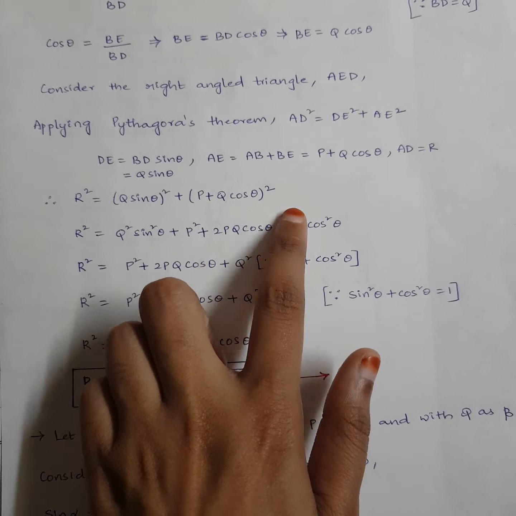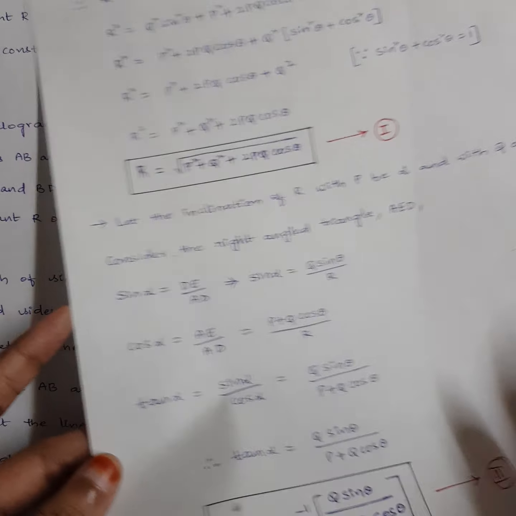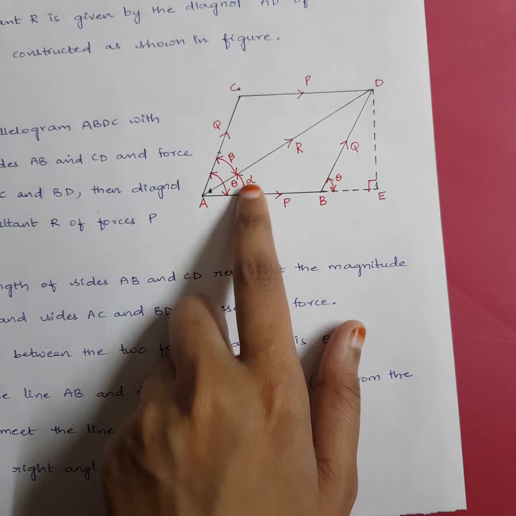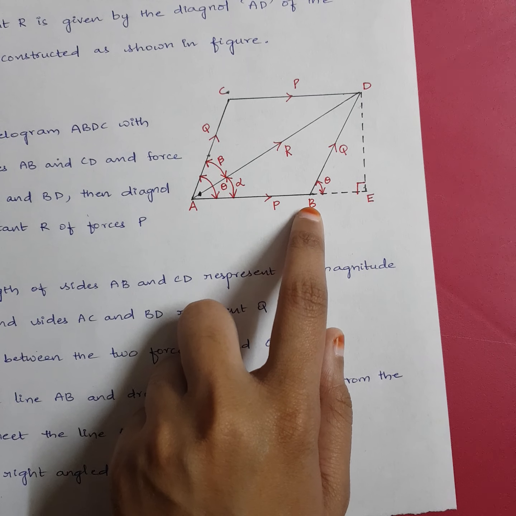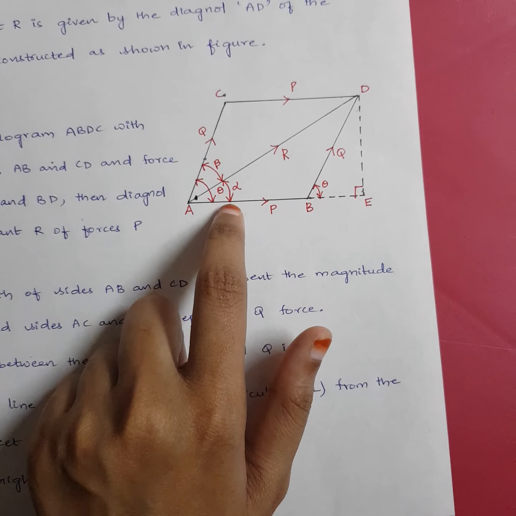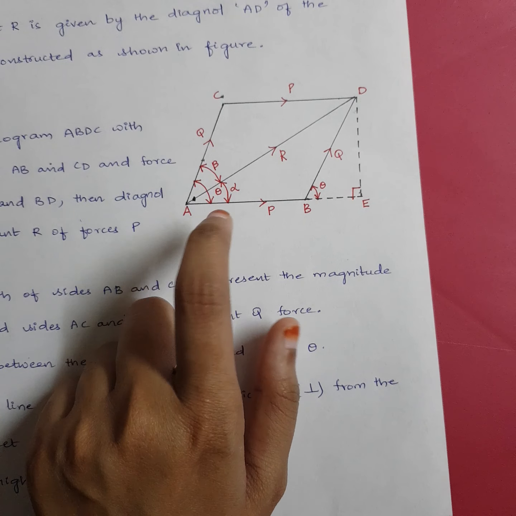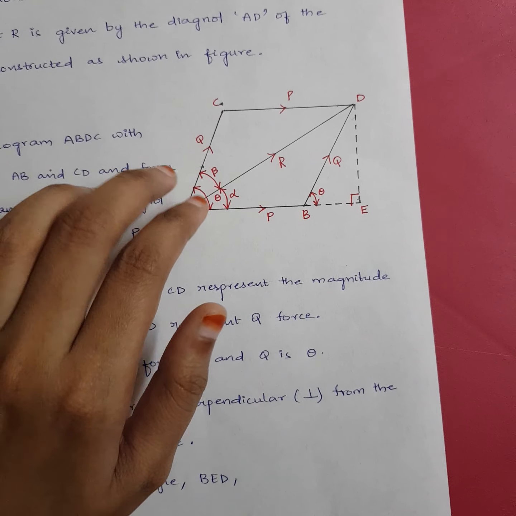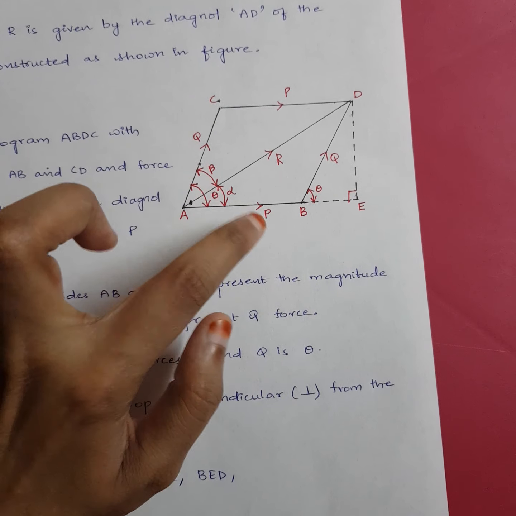Next, R is what? Magnitude of the resultant force. But force will also have direction, right? So now let's calculate what is the direction of this R. Means, now if you observe this diagram, R is inclined with an angle of alpha with AB. So AB is the horizontal, right? So R is inclined with an angle of alpha with AB. So generally we take the horizontal inclination. Or else if you know the value of beta, you can do theta minus beta, you'll get alpha.